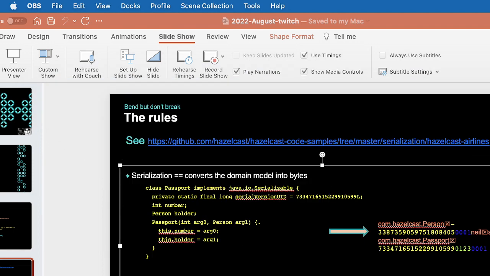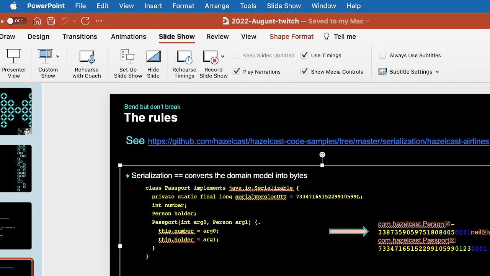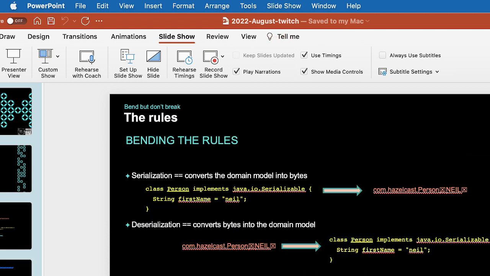So you send a counter, and then you send the fields, and then when you're doing the passport object, you need to know what person object it belonged to. So it's person object number 1. And you'll see there when you're sending something like a numeric field, you know how big it is. An integer is going to be 4 bytes, a long is going to be 8 bytes. So you don't have to do any kind of field separators. And then just the last piece on this, just before we go into it in detail, is